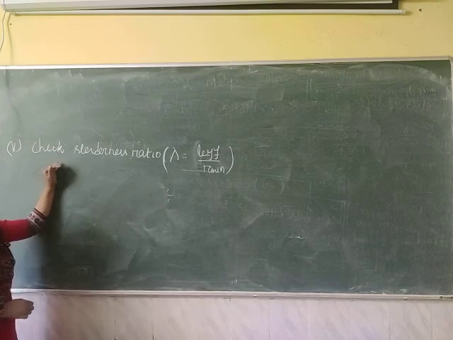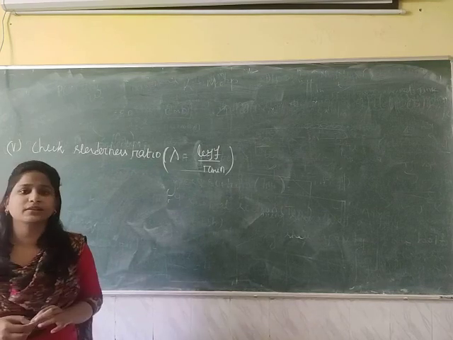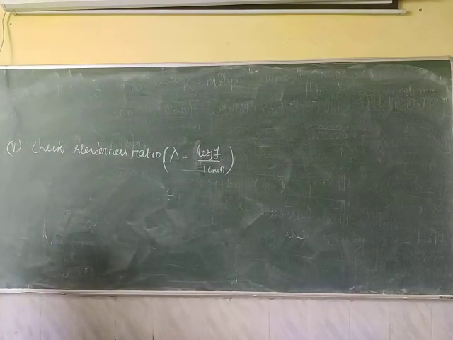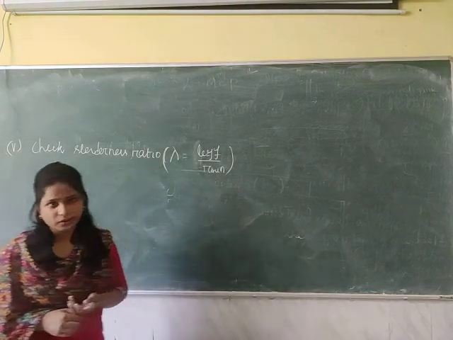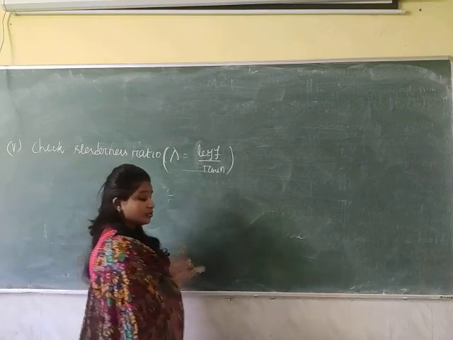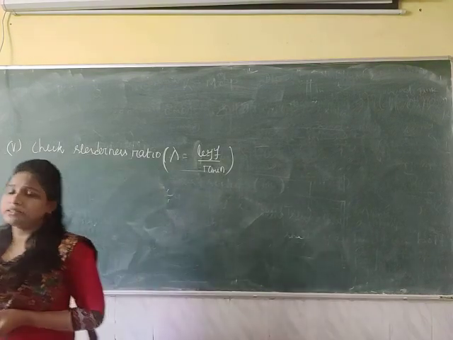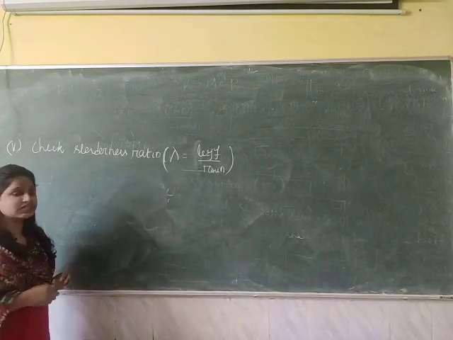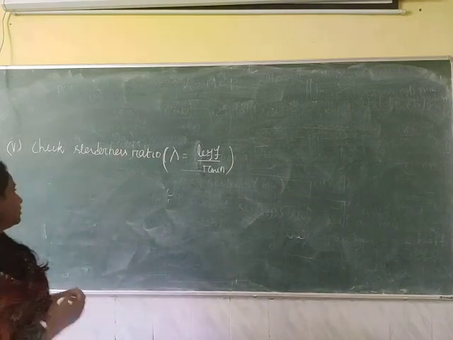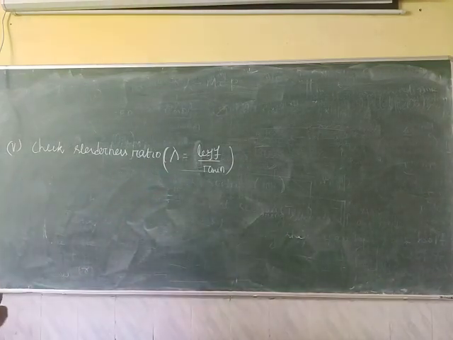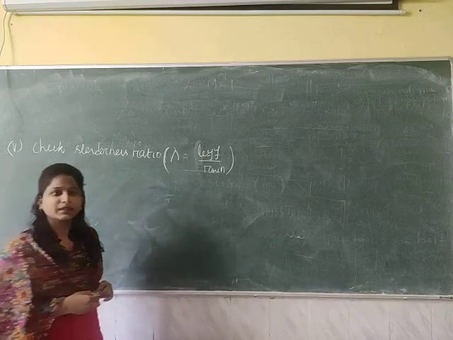About the slenderness ratio we will discuss briefly in compression member. Because generally slenderness ratio is required where there is a chance of buckling. The buckling failure occurs in case of the compression member, so in case of compression member, generally the slenderness ratio value is required. But in case of tension member, it doesn't go under buckling failure. So why will we check the slenderness ratio in case of the tension member?